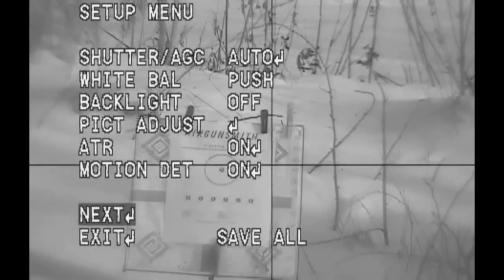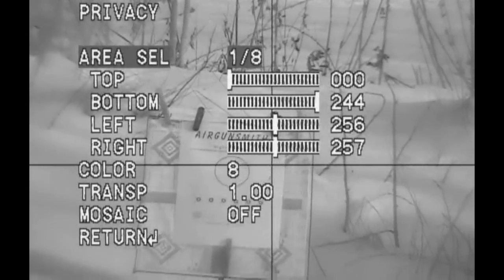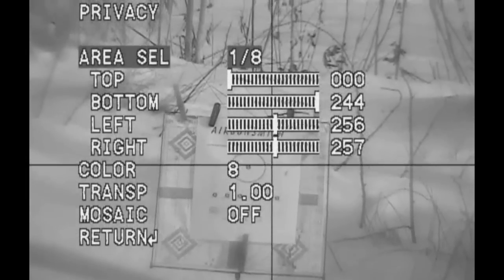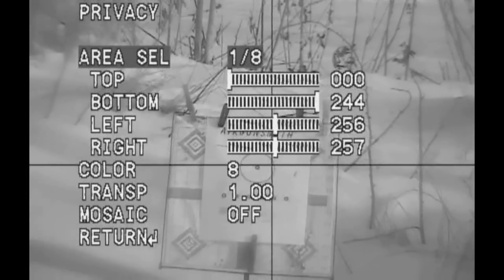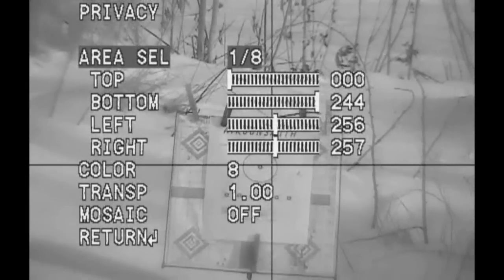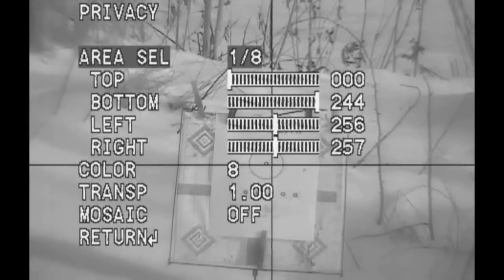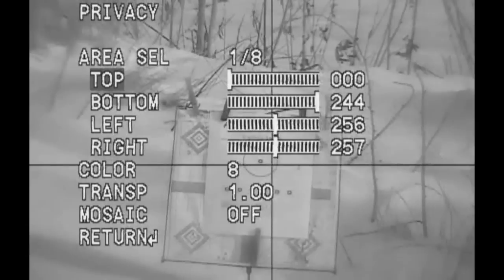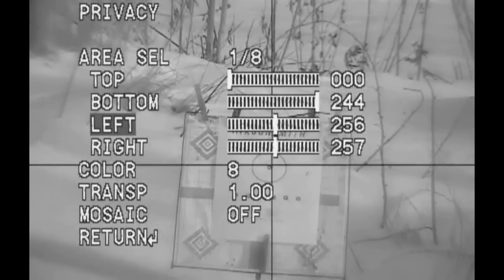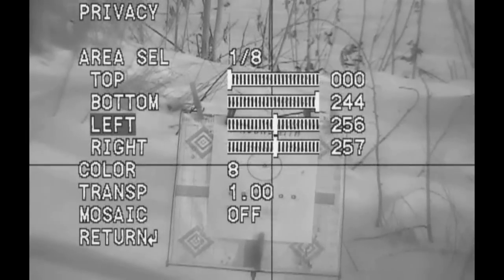Now when I go over to the privacy right here, I now have 8 areas to use. That allows us to put more lines in for some kind of mil dots. Right now though, we need to sight in, so I don't want to mess with them lines. I've got the 2 main reticle lines here, so we are going to move this right. You can see right there is where I'm on. Right here is where I need to be. So it's as simple as moving the right side